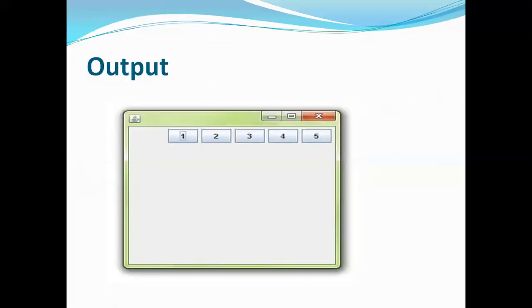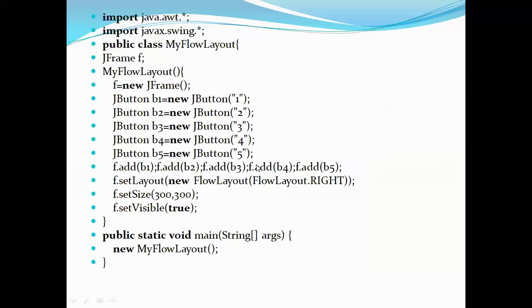Now here we have a frame. The frame is not given any specific name. Now inside the frame I have some buttons. These buttons are arranged one after the other. So I have 5 buttons. All the 5 are arranged one after the other, and if you observe, all the 5 are right aligned, meaning they have shifted to the right side, so they are not left aligned. They'll start from the left only, but they are right aligned. So this also we can do in the program. So let's observe the program now.